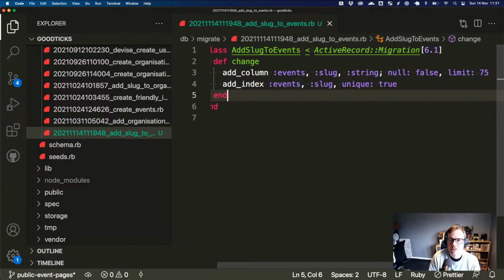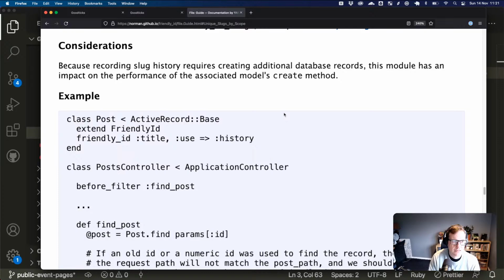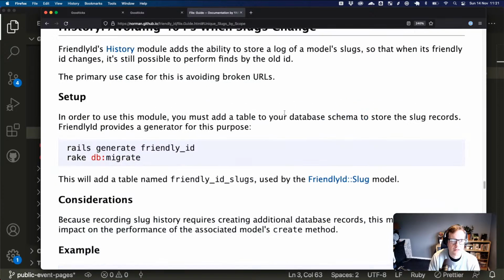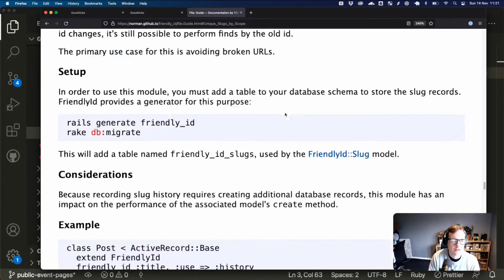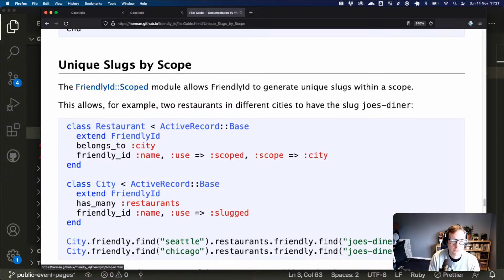So event slug string has to be present and it is 75 characters. And there's an index on it. And there's nothing in those original docs we were reading that indicated that the scope needed anything different in the migration.